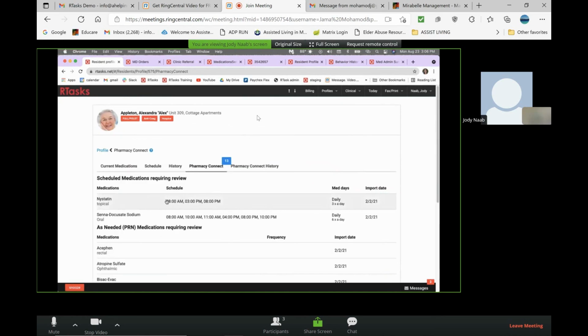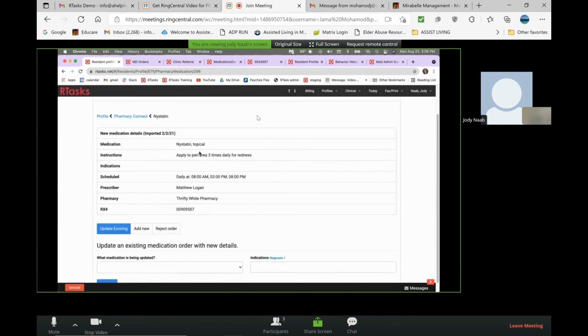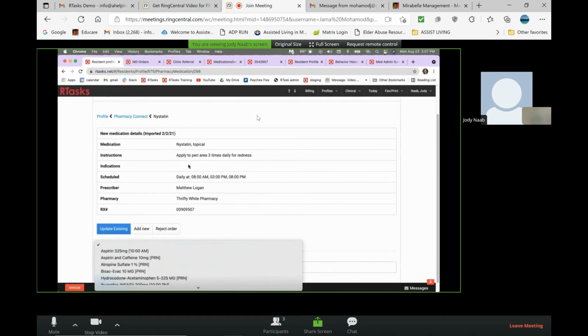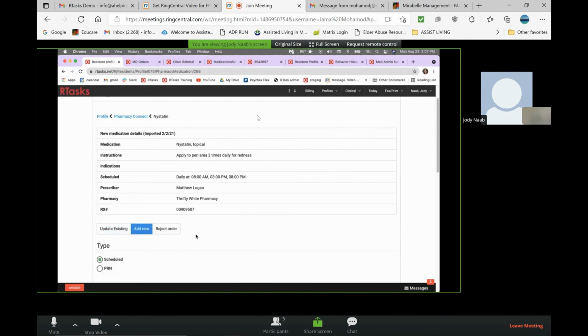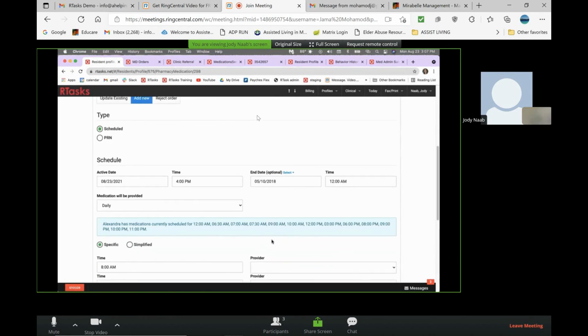So then your nurse would need to go into each one and either update an existing order. If they're already on this, they can compare them side by side with the medication that they're already on that's the same as this, and decide which one they want to keep, or merge them. They can add it as a new one and set up the schedule and assign it for someone to give